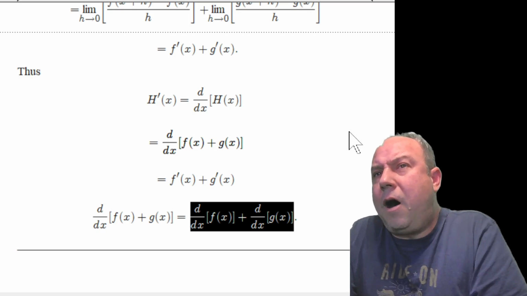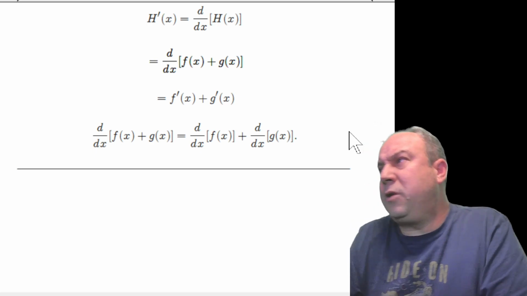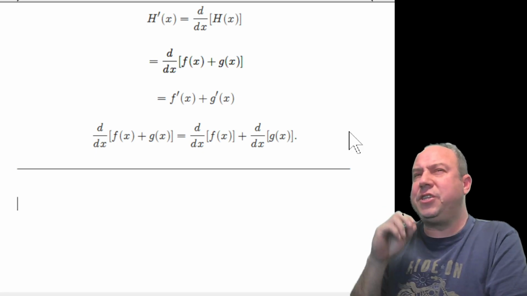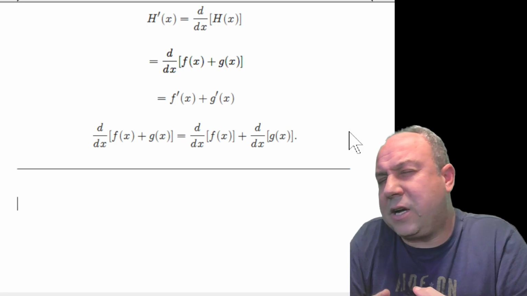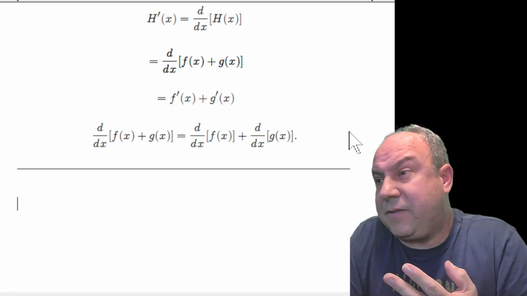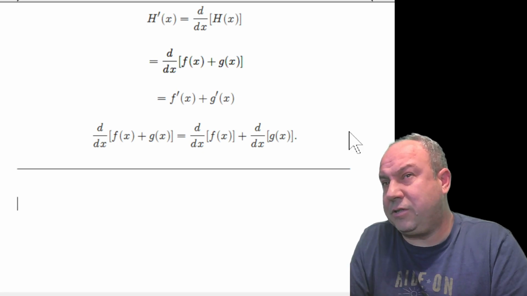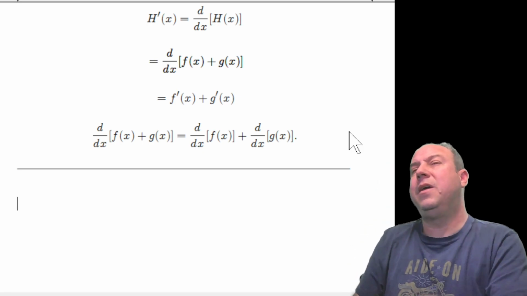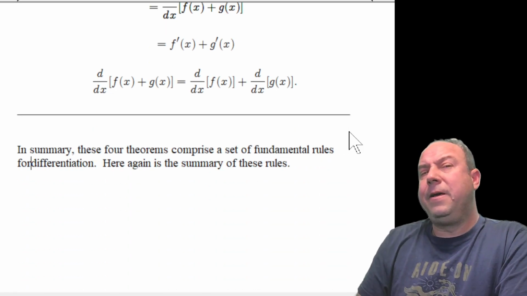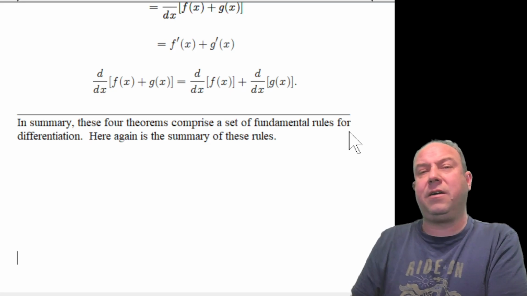Right. These four fundamental rules all develop from using or applying the definition of the derivative to these generic situations. The generic case for a constant function, the generic case of a power function, the generic case of a constant multiple of a function, and now the generic cases for the sum and difference of two functions. And when applied, what we end up with is a list, a summary, a list of four fundamental rules. And here they are,